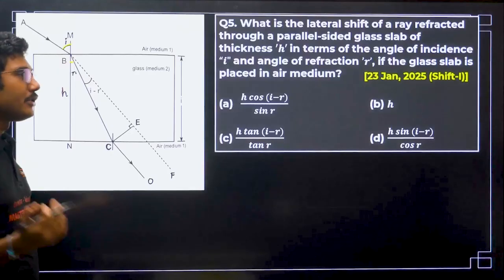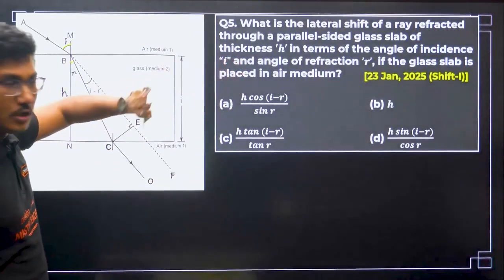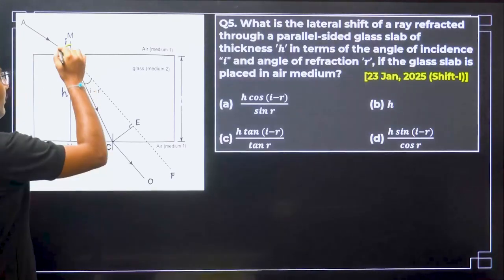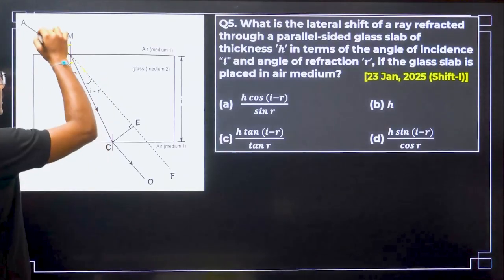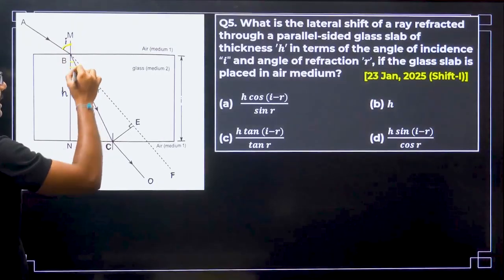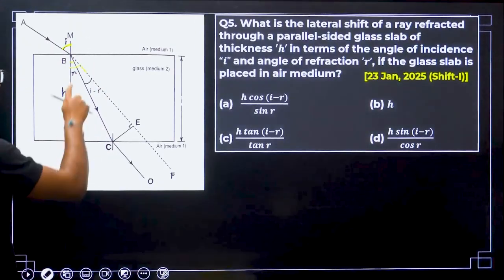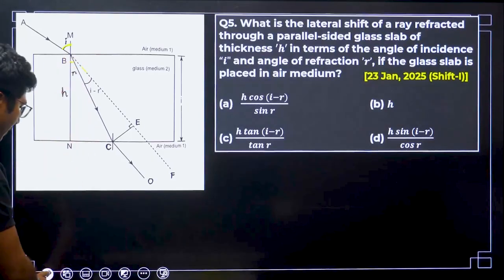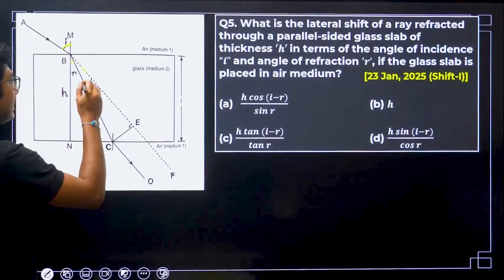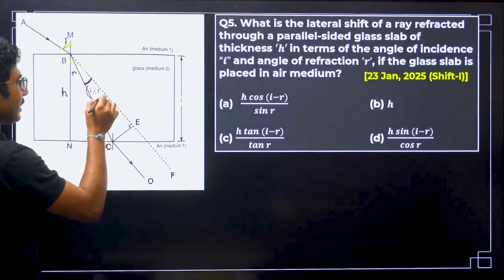Okay, you are not going to use the refractive index here. They have not mentioned refractive index, so you are not going to use it. Now this is the continuation of this line, means this angle i means this entire angle will also be i, opposite angle, right? So opposite angles are equal, so that means this entire angle is i. Now this entire angle is i means this small angle will be i minus r, right? This will be i minus r,